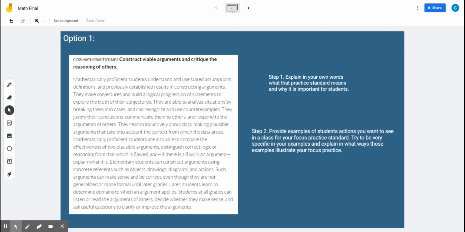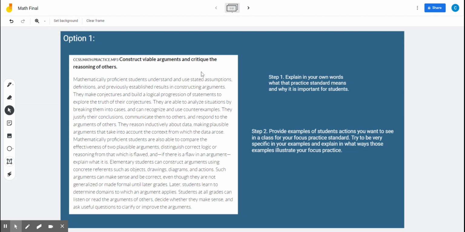Hello, and for our math final, we were to choose two options and explain the math concepts and how we feel they are important to student learning. So for my first option, I went with option one, where we were to choose one practice standard of our choice, explain in our own words what the practice standard means and why it is important to the students, and also provide examples of students' actions that you want to see in your class to focus on that standard. Here I chose practice standard 3, which is construct viable arguments and critique the